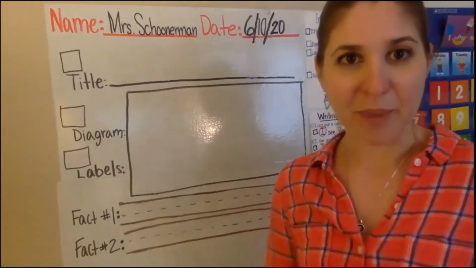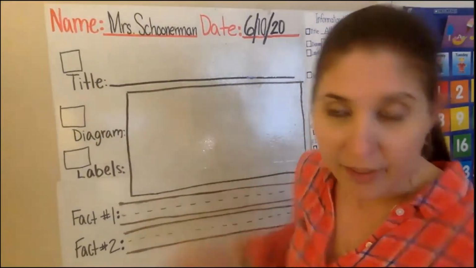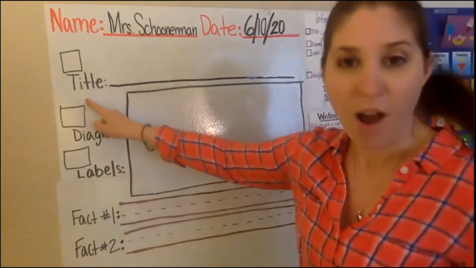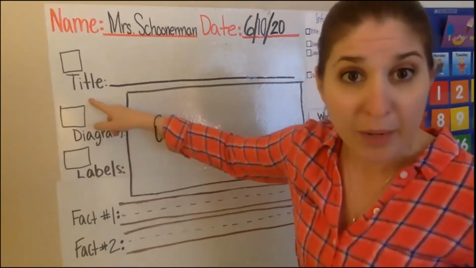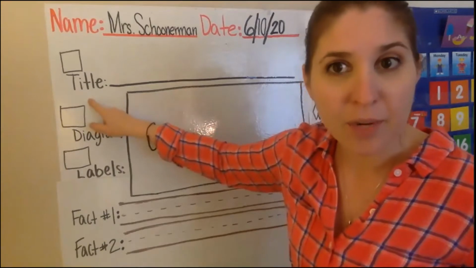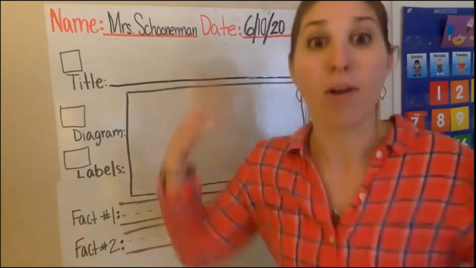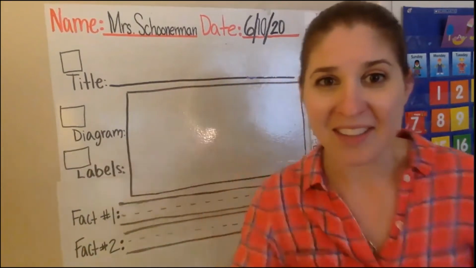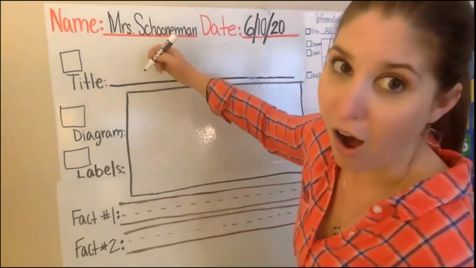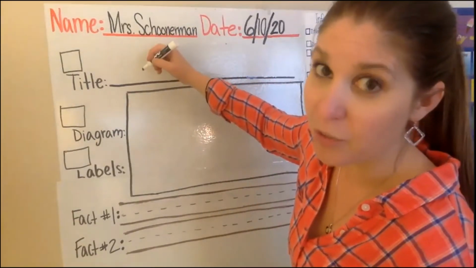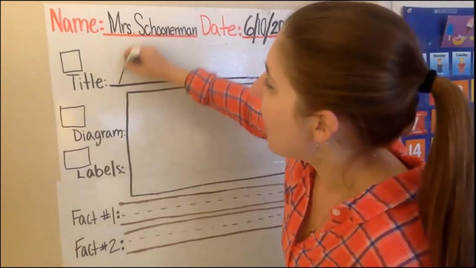Okay, now that you got your pencil and your paper, it is time to get writing. So we will start off with our title. The title, remember, on our informational writing piece, it just tells our reader what it's all about. Today is all about chickens. So that's our title today, all about chickens. So remember, all, that's the first word we're going to write. So write with me. You ready? Here we go. All, A-L-L,